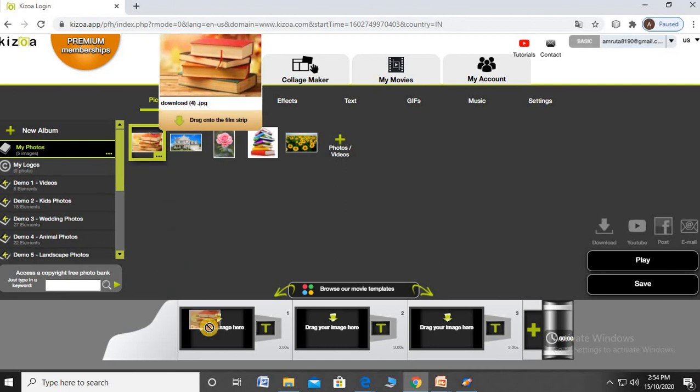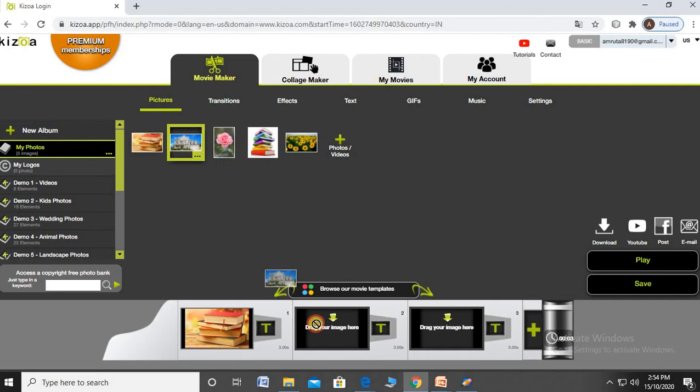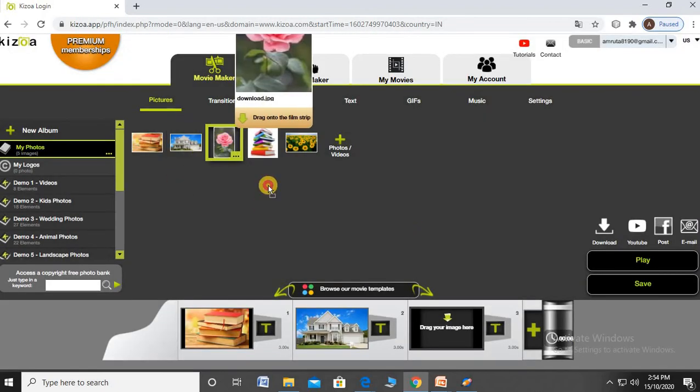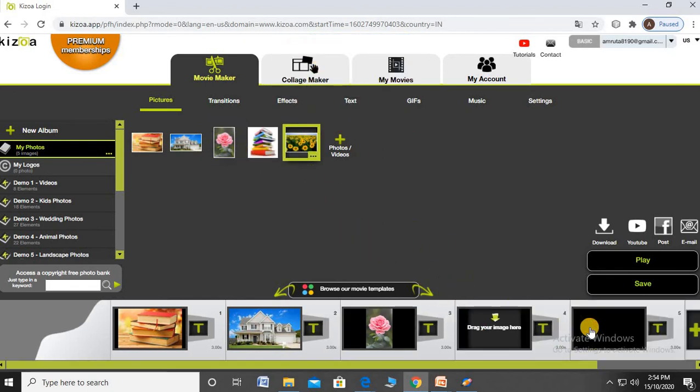After that, drag them onto the strip, with no crop. These are all moved: two, three, four.